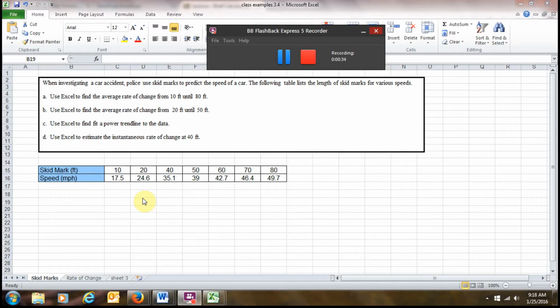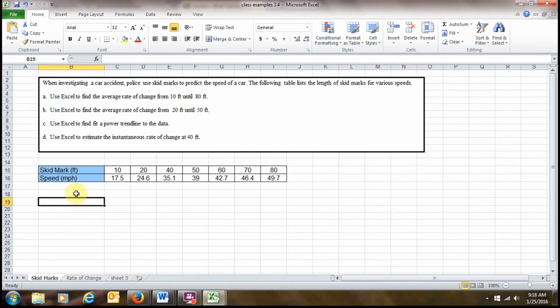The policeman would measure a skid mark to predict the speed of the car, which we've talked about in another example we did earlier in class. And we want to find the average rate of change from 10 feet to 80 feet, which will be just like we've calculated before. Average rate of change would be like slope. Average rate of change from 10 feet